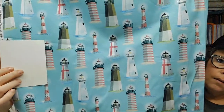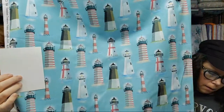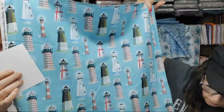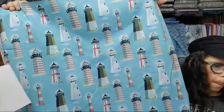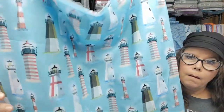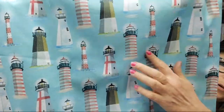It's kind of a different blue, right, Mary? It's not like a sky blue. It's not really teal, but it's somewhere in between. It's a beautiful, beautiful print. And the lighthouses have some great little red stripes. Let's get close for them. You got red stripes in the lighthouses, and you got some beautiful